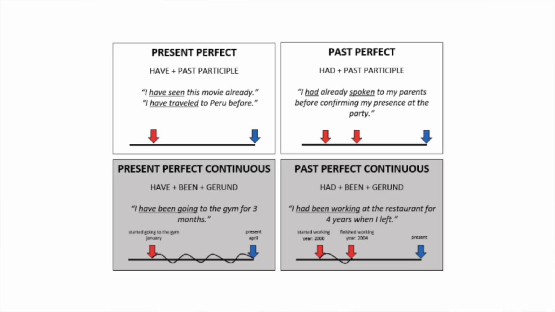Let's talk about the two continuous. They both present this name because there is a continuity between the actions. In the present perfect continuous, there is a continuity between the moment in the past when something started and the present moment. For example, I have been going to the gym for 3 months. It means that the action of going to the gym began in January and it hasn't been interrupted up to